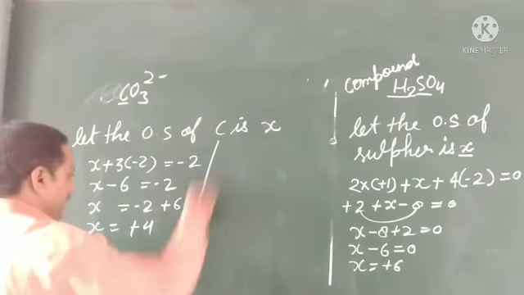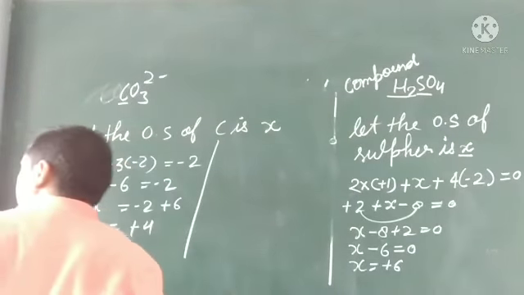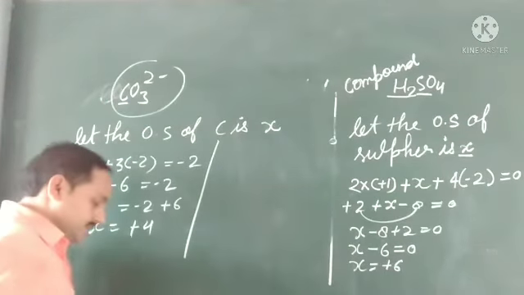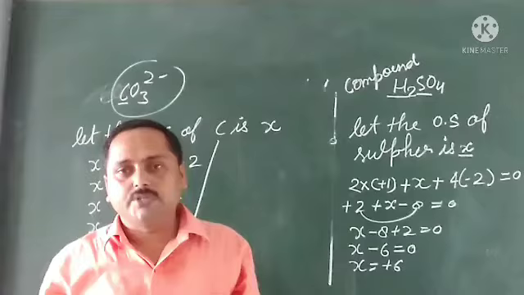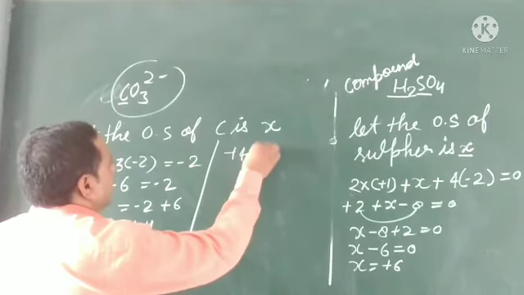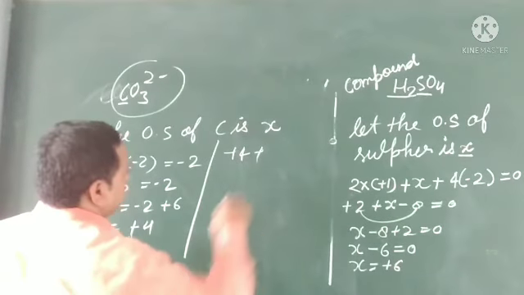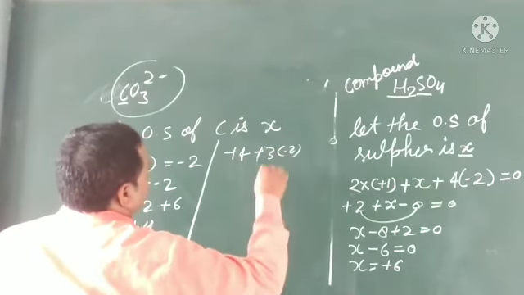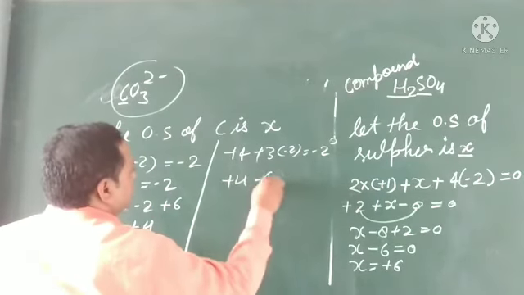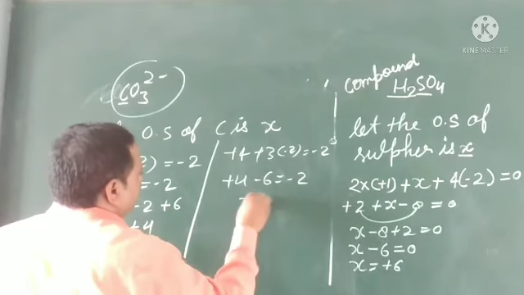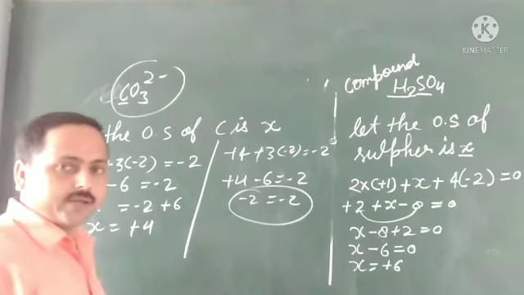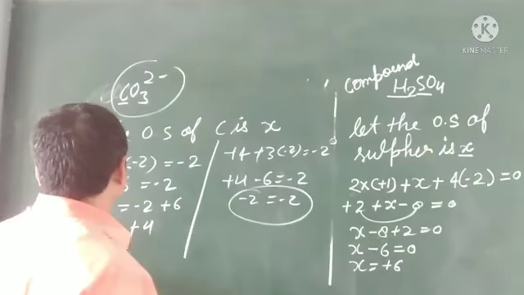This example I gave there also. So we can do the sum of the oxidation states. In case of ions, the sum of the oxidation states must be equal to the charge carried by the ion. So here carbon plus 4 and oxygen, what is that? Minus 2, and 3 are there, minus 2 times 3 equals minus 6. So plus 4 minus 6 equals minus 2. So minus 2 equals minus 2. So the right side and left side are equal. Yes, this is clear.